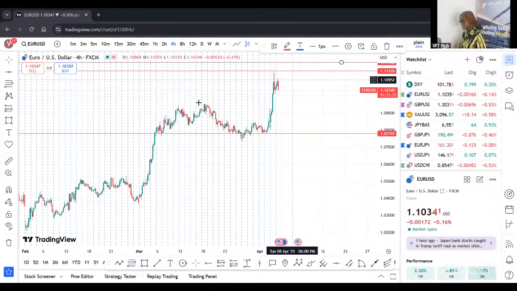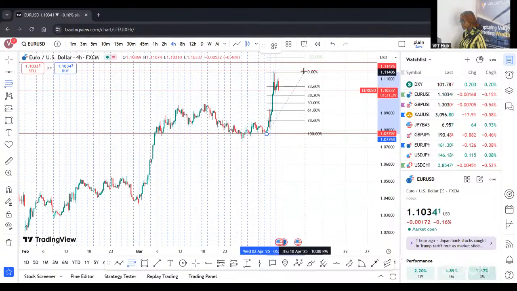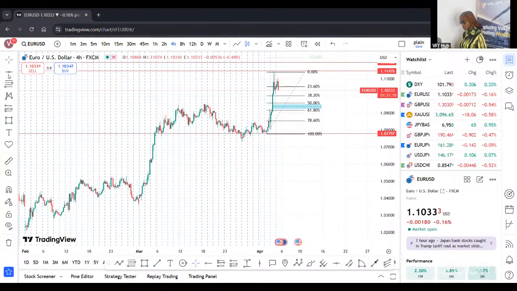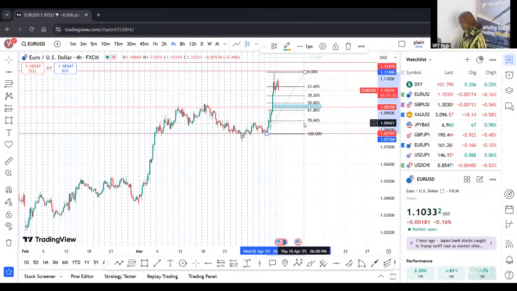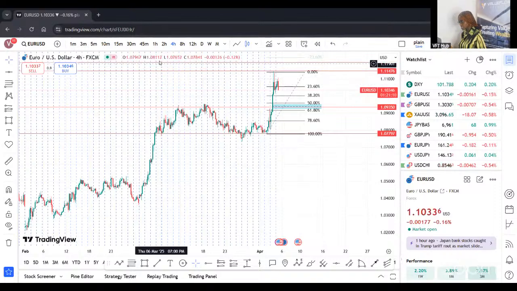That hasn't happened yet, so I will be fibbing this most recent swing from point A to point B, right? I want to see price retracing into the 61.8% fib level, right? We always want to buy at a discount, of course. So once price trades into this very level, 1.09350, I am interested in warming up for buys on